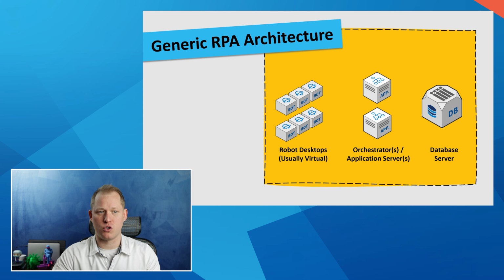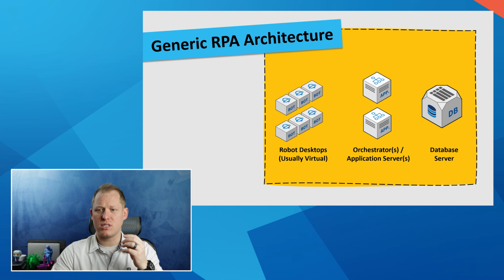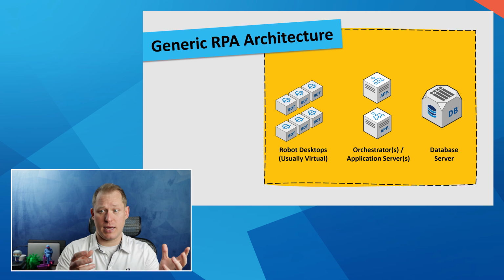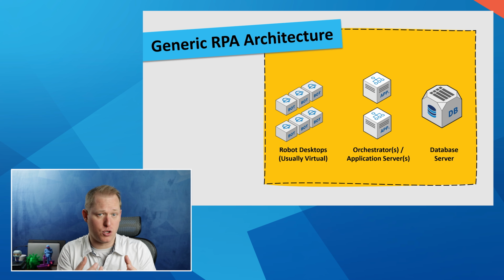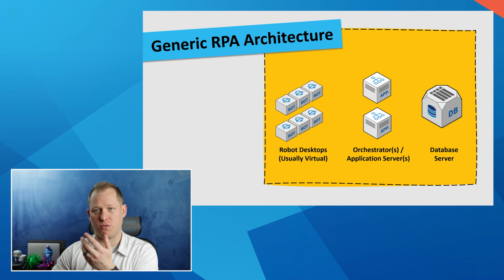Next, you have your application servers, which host the control and orchestration components of the RPA platform. These application servers marshal the traffic between the robot machines and the database. They tell the digital workers what to do, when to do it, how to do it, and what credentials to use. They're typically also constantly pinging the digital workers to make sure that they're online, and then collecting logs back from the digital workers, and then storing those logs over in the database,